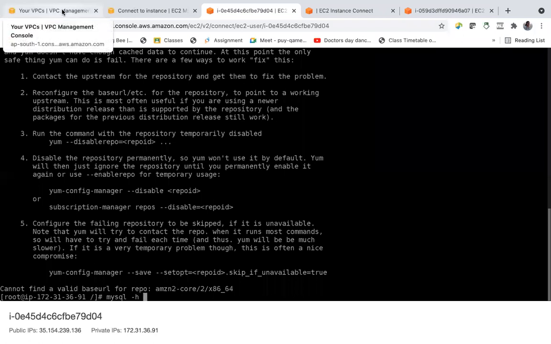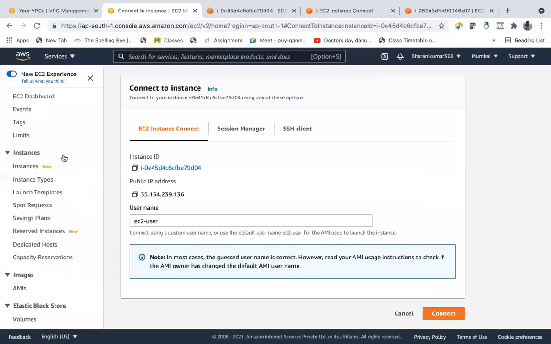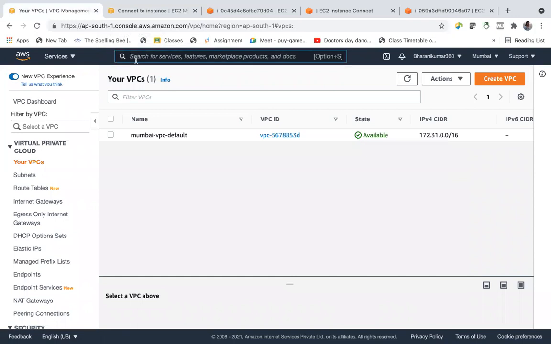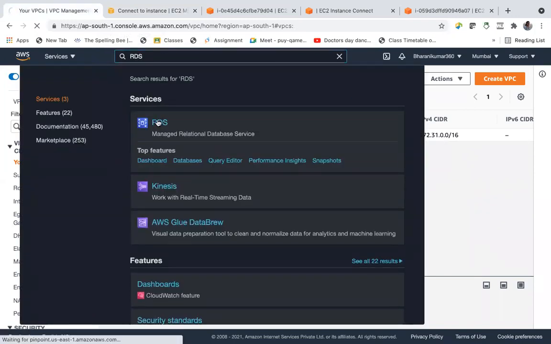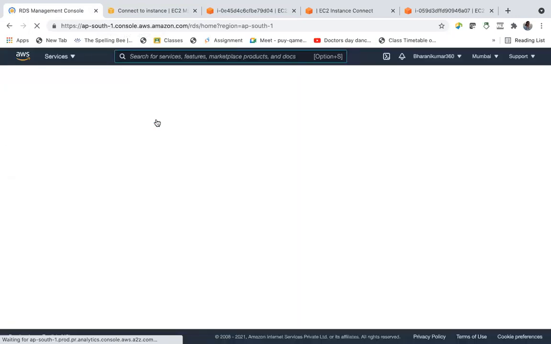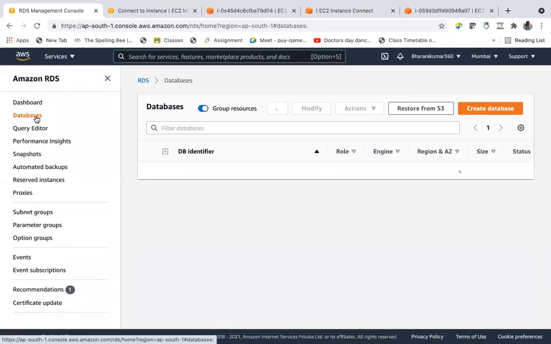You'll get the host name from RDS, database.